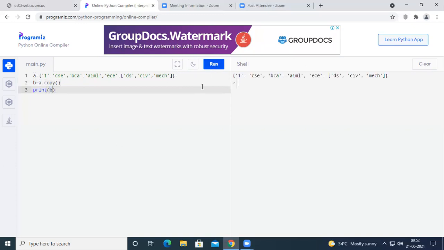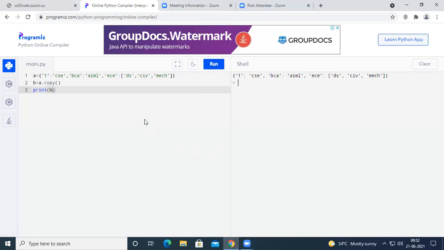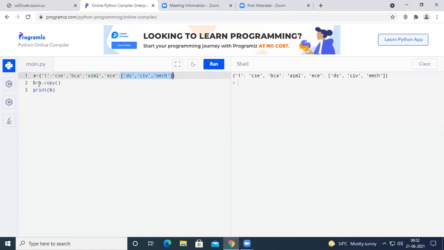If I run the code, I'm going to get the entire dictionary A. A has 3 keys, one, BCA and ECE, and it has 3 values, CSE, AIML, and the third one is a list of some values. The entire thing will be treated as a value; in fact, that value may contain a list of values. And then here I have used a dot copy.